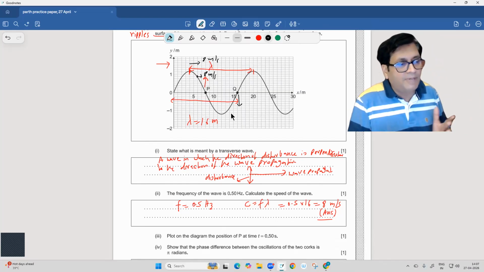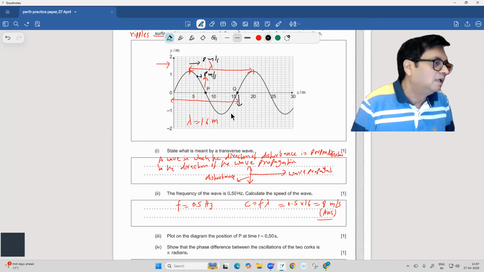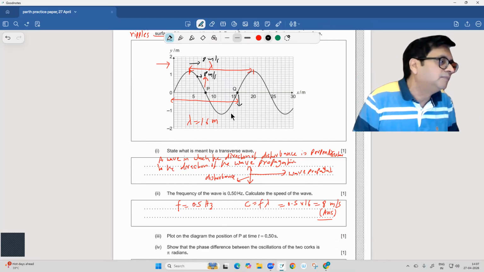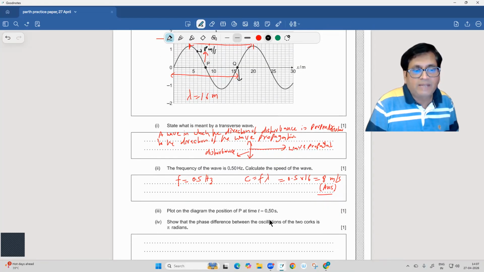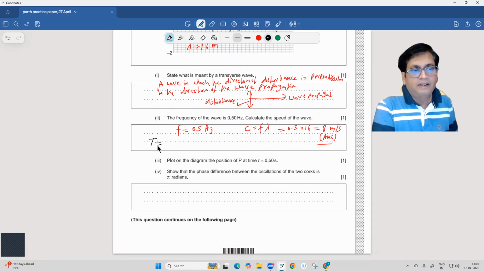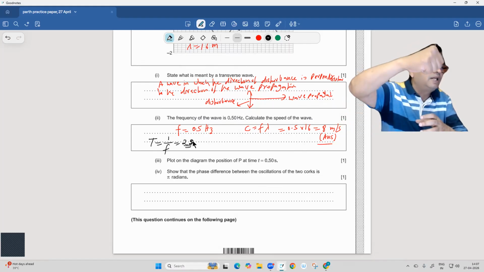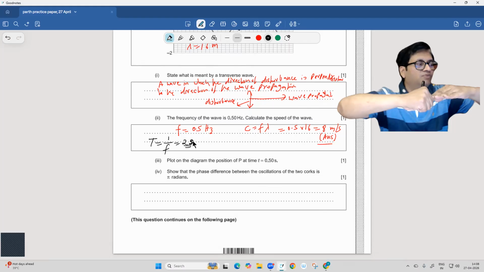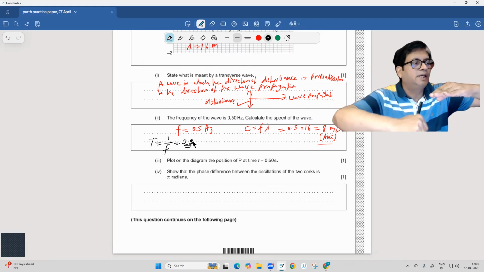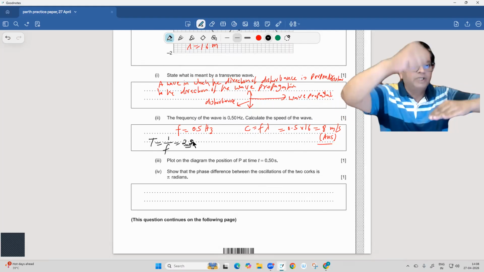अगर कोई चीज लेफ्ट साइड से आ रही है तो वो आपके पास पहुंचने वाली है, और जो चीज राइट साइड में है वो आपसे दूर जा चुकी है। तो अभी ये मीन पोजिशन पे है और ऊपर जा रहा है। प्लॉट ऑन द डायग्राम द पोजिशन ऑफ P एट टाइम 0.5। अब इसकी f कितनी है? 0.5, तो टाइम पीरियड 1/f, 2 सेकंड। इसका मतलब 0.5 सेकंड में मीन पोजिशन से ऊपर जाते हैं, फिर अगले 0.5 सेकंड में वापस मीन पोजिशन पे आते हैं, उसके बाद अगले 0.5 सेकंड में लोअर पोजिशन पे जाते हैं, और फिर अगले 0.5 सेकंड में वापस आते हैं। ऐसे पार्टिकल्स ऑसिलेट कर रहे हैं, और ये ऑसिलेशंस सिंपल हार्मोनिक हैं।